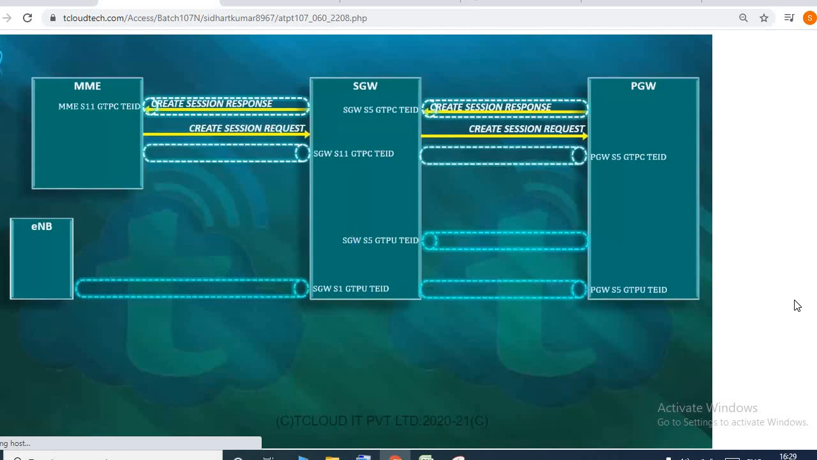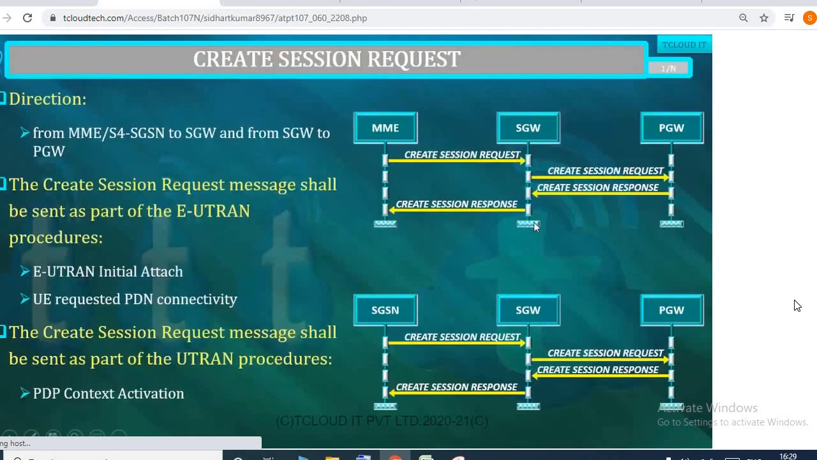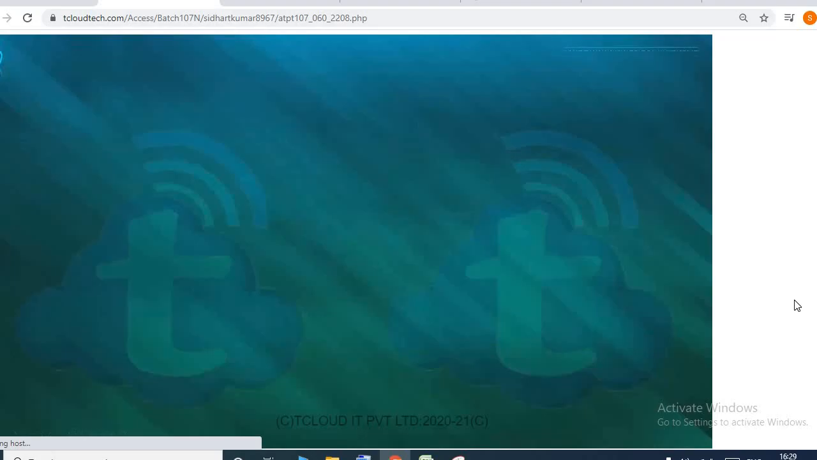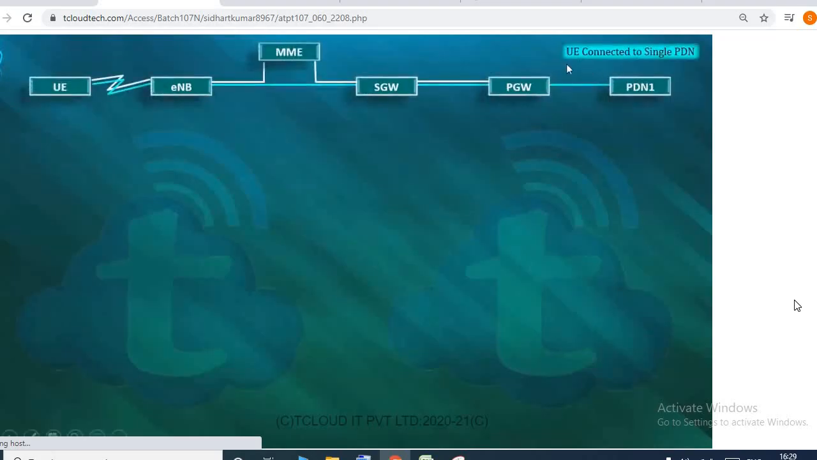So if you go back, this create session request and response that gets exchanged between MME to S gateway to P gateway, back to S gateway, back to MME, creates all the needed tunnels, control plane as well as the user plane tunnels. So this is the situation when the mobile equipment is connected to a single PDN, these many tunnel IDs